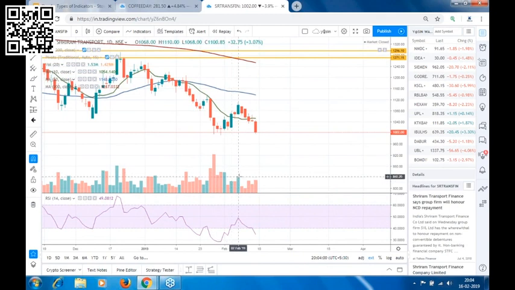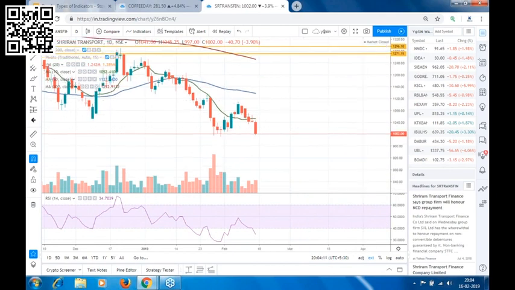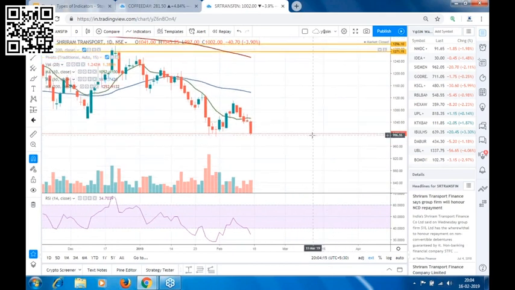Now once you see a bullish divergence, which means that now the downtrend is about to end, the stock will either consolidate for some time, or you can see a reversal in the stock. See, the stock market never falls immediately or never changes the trend immediately, except if there is any negative news. If the market is in one trend, then it will slow down for some time, and then you can see a trend reversal. If the market is in a downtrend, then it will not immediately change direction. It will slow down a bit. You can see a consolidation, and then you can see a trend reversal.